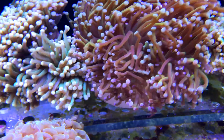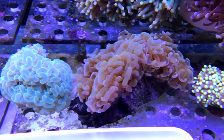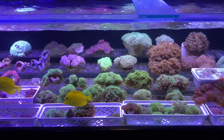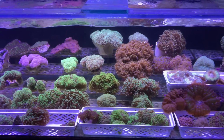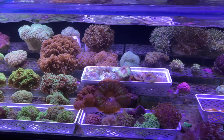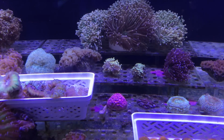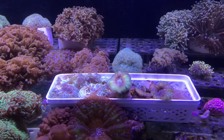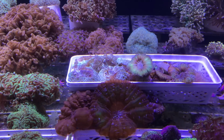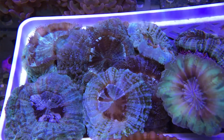The spread of euphyllias that you Australians enjoy is something that we could only dream of in America. There's just so many hammers, so many frog spawns, so many torches, so many long tentacle plate corals. The fleshy corals here are totally off the hook. You know, nowhere in America would you see like just a tray full of Cynarinas and Acanthophyllias in the same